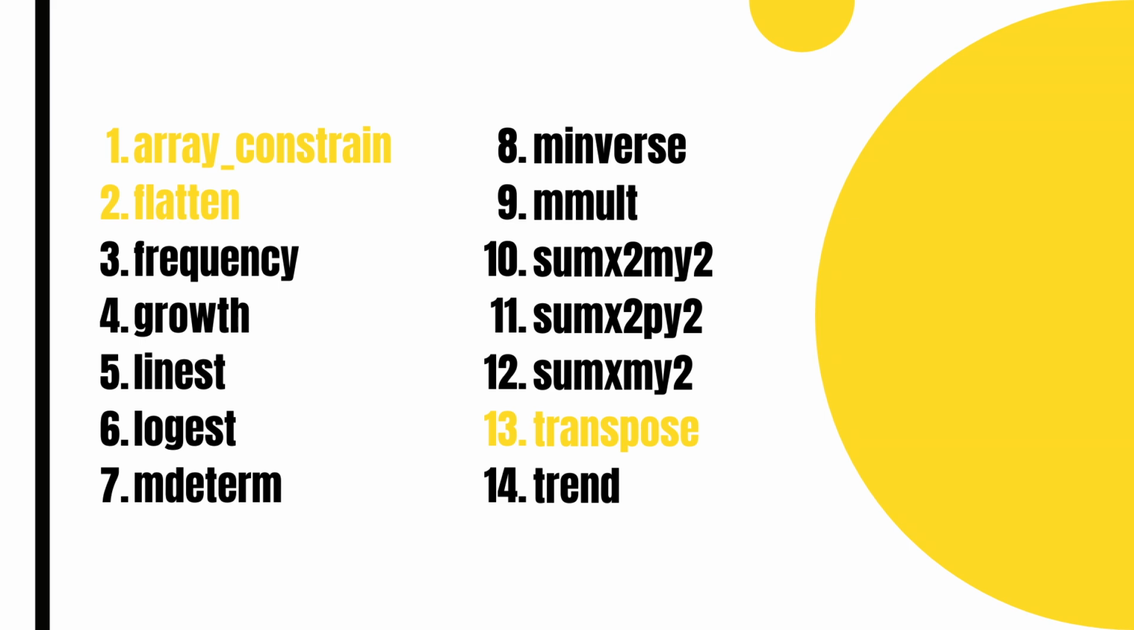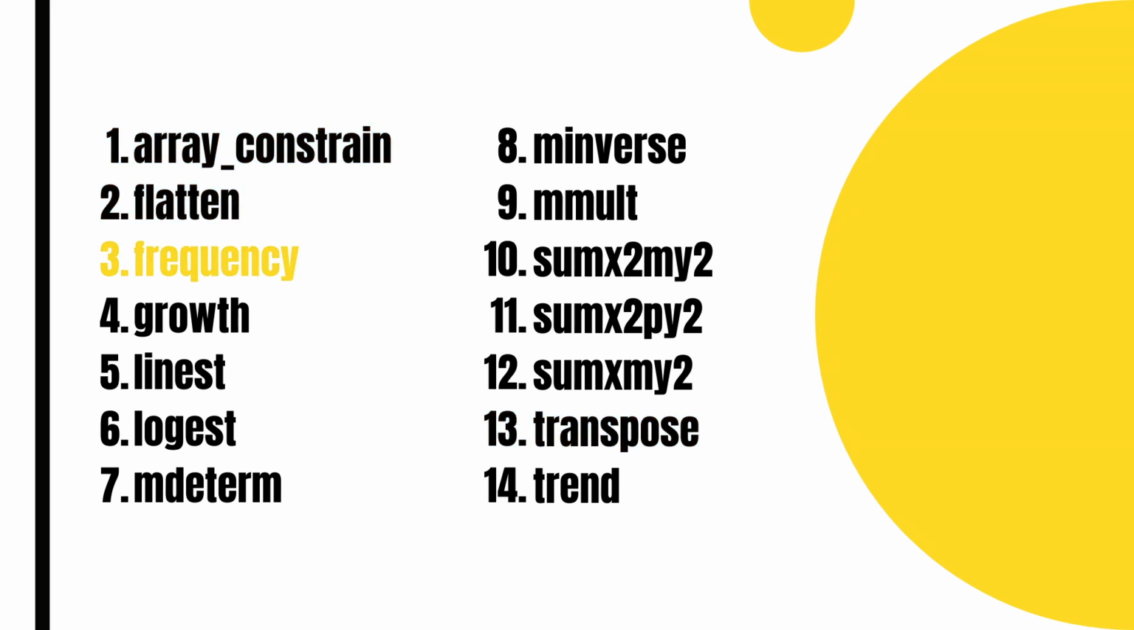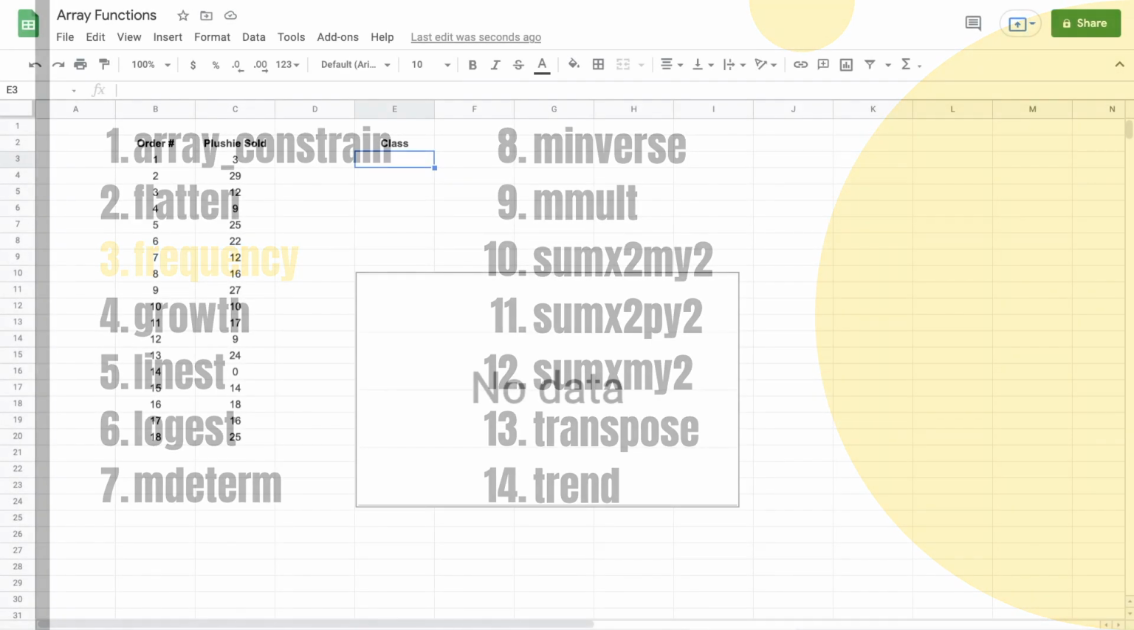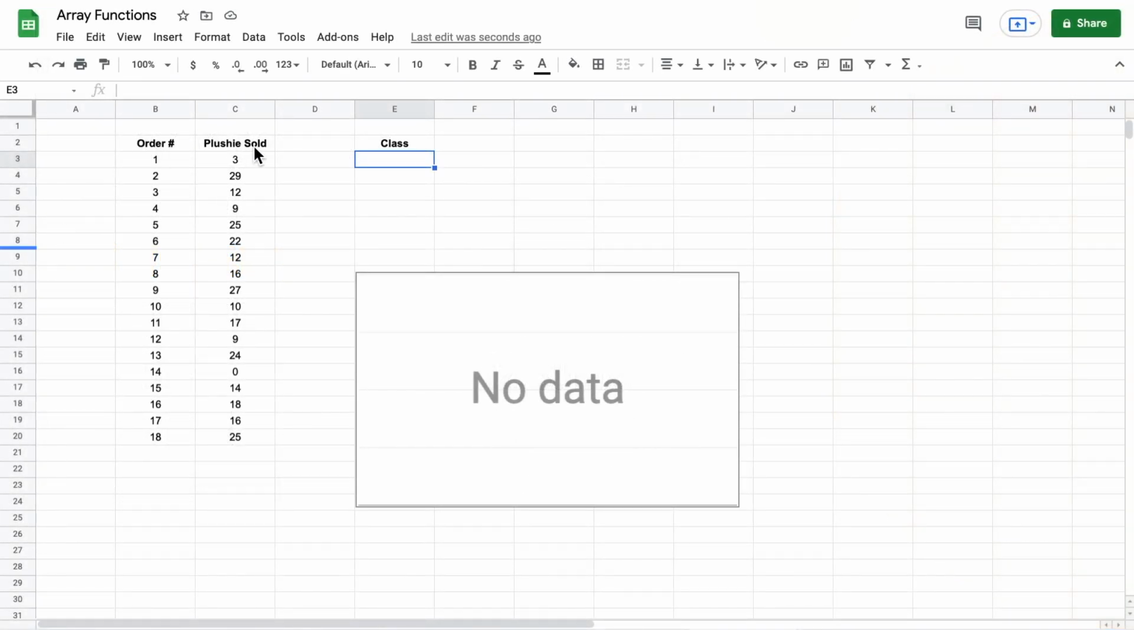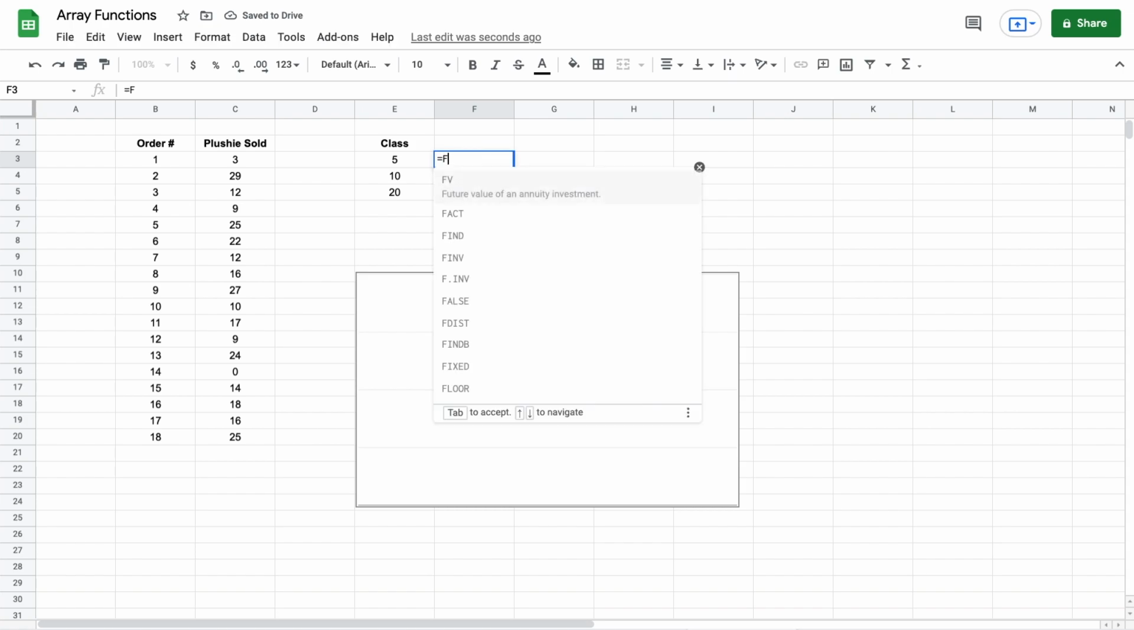Now let's talk about some functions that actually do something to your array data. So the first of those functions is the frequency function, which I like to describe as the histogram builder. So let's say we have this order item table, and we want to build a histogram with orders with 1 to 5 plushies, 6 to 10 plushies, 11 to 20 plushies, and then 20 or more plushies. So frequency is going to